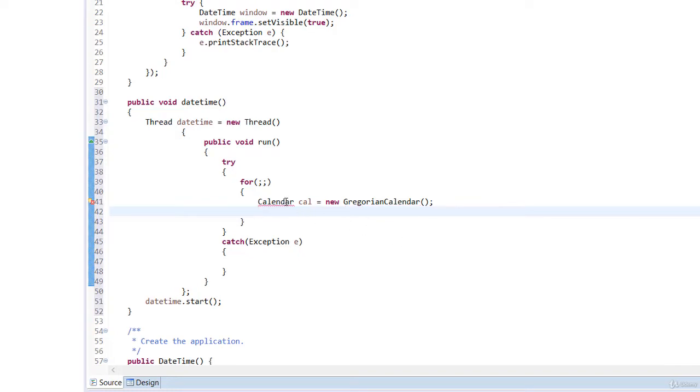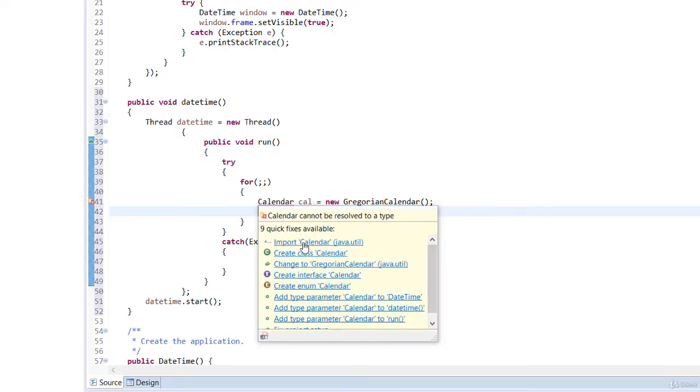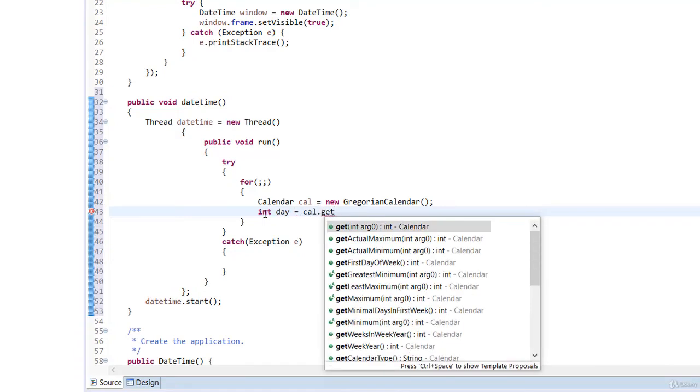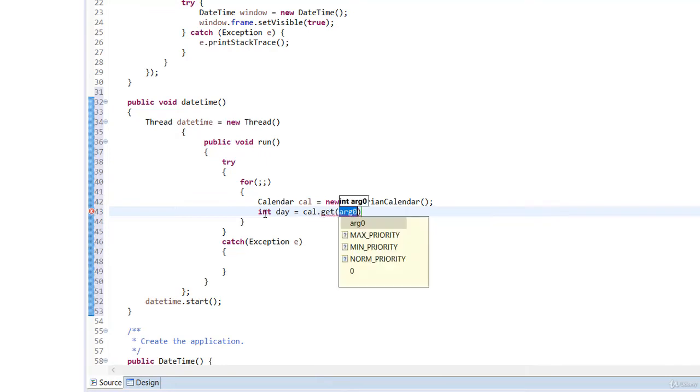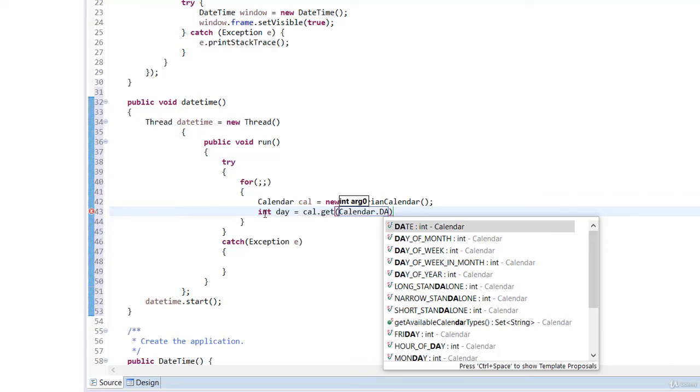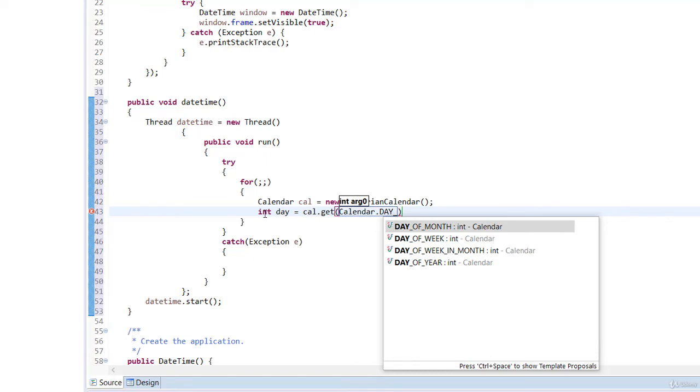So you've imported that, and then you're going to import calendar as well, so that the error will go out and it's gone. You see that? So now go ahead and put int day is equal to cal.get. You call the object cal.get calendar dot, you can use this to be day of the month. So day of the month,